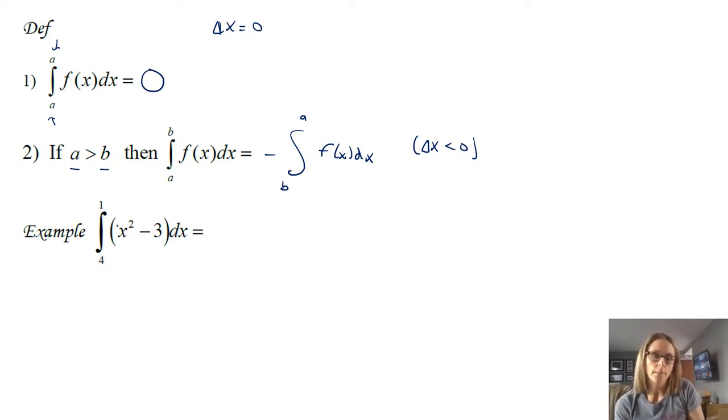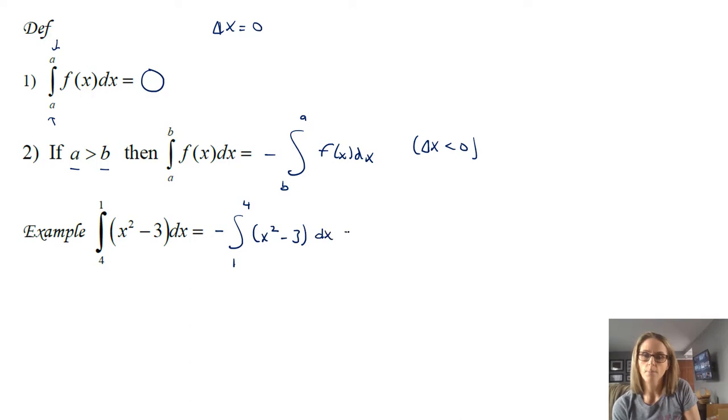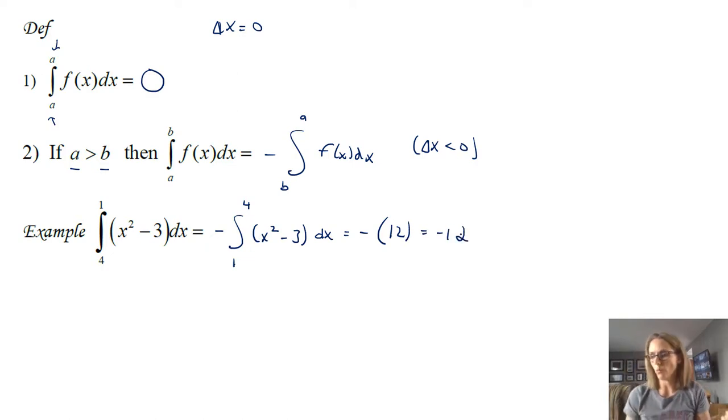And so, for example, if we were to do this, it would just be the negative of the integral from 1 to 4. And really, typically, we see a being smaller than b. It doesn't make a lot of sense for us to write it any other way. But this is going to be negative what we got when we did this earlier from above. And this would be a negative of 12, or of course just negative 12. So it's just letting you know that if you switch the limits of integration, it's just the negative of if the limits aren't switched.